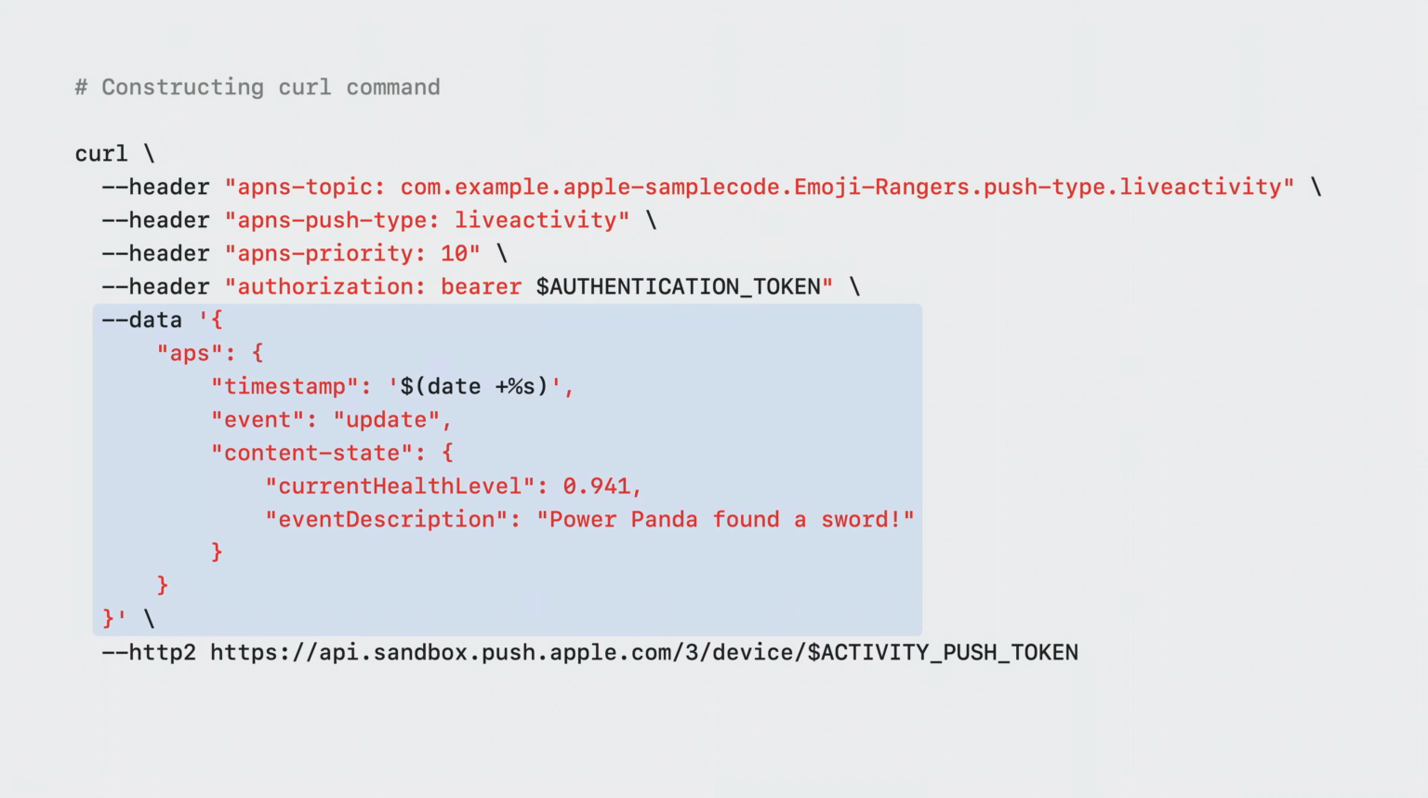As for the data, it contains the entire APNS payload. I'm using a date command to automatically create the timestamp to ensure the number is accurate down to the second. Finally, for the URL, make sure you're using HTTP2, and at the end of the URL, I reference the activity push token variable set up in the previous step. And that's it! When you execute this curl command, your live activity will be updated with the new content state